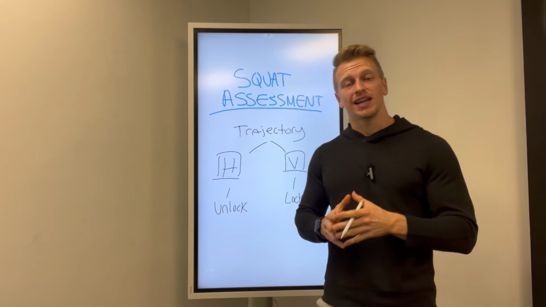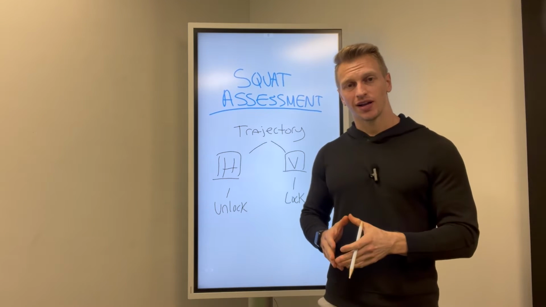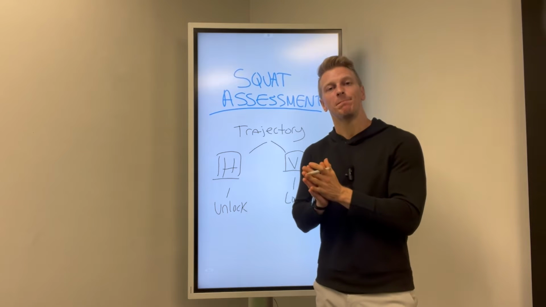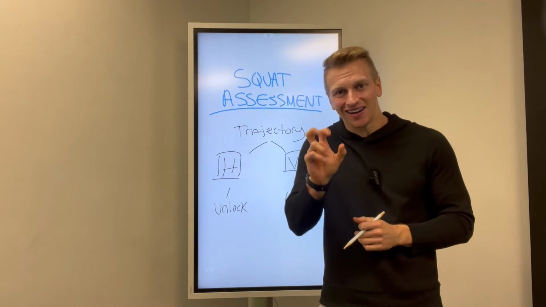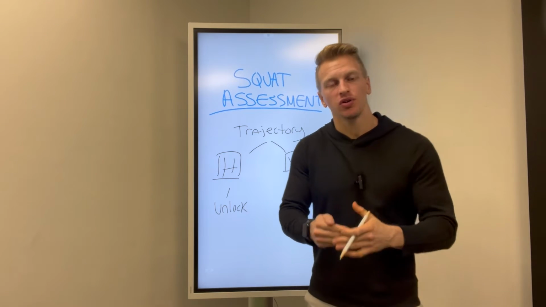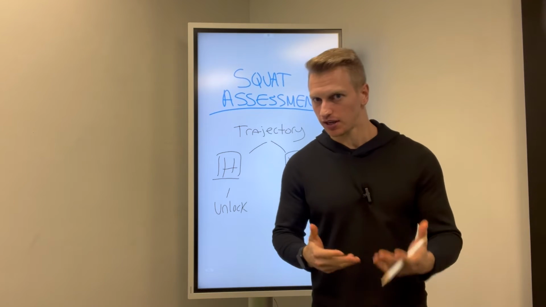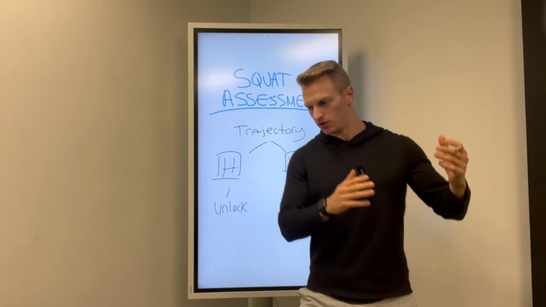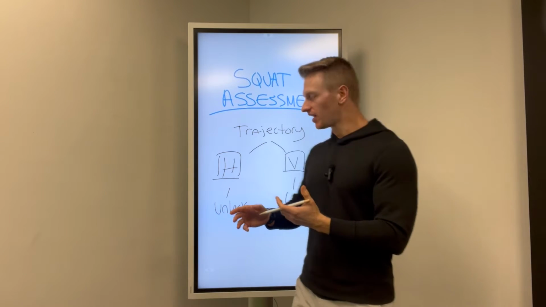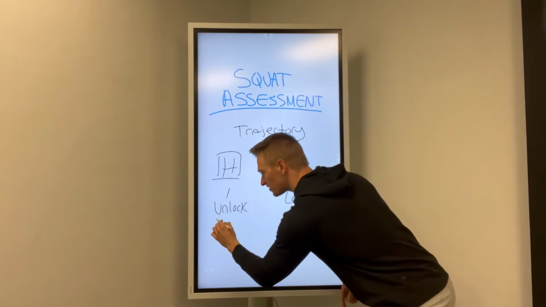When someone moves in a horizontal trajectory during a squat, they are telling you that the posterior pelvis is unlocked. Imagine if you had to walk through a door. If it's unlocked, would you be able to get through the door? Sure. You'd walk right through it. That's what's happening here. Unlocked, we're thinking